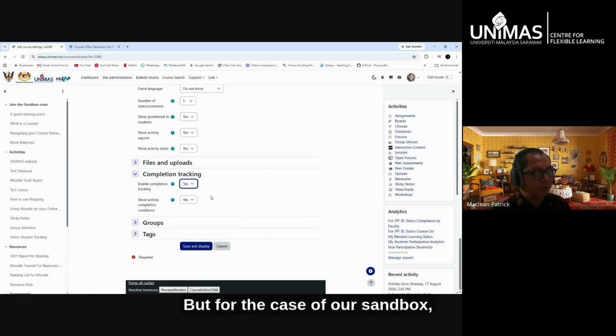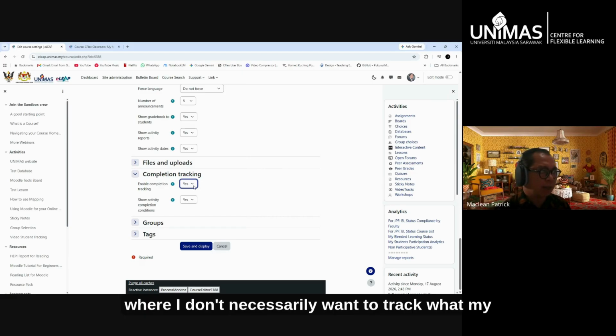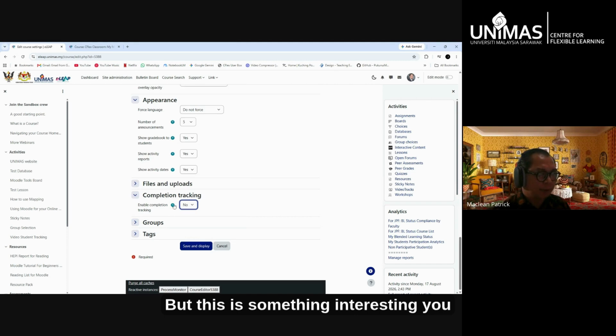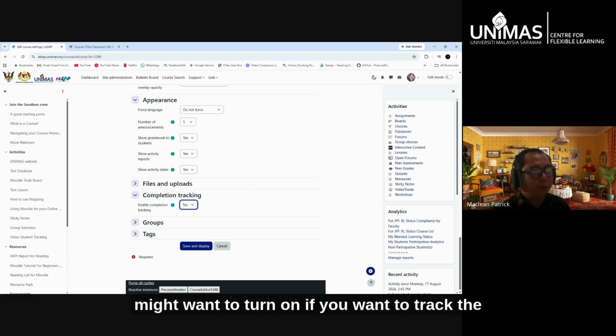But for the case of our sandbox, where I don't necessarily want to track what my participants are doing, I'll just set it to no. But this is something interesting you might want to turn on if you want to track the progress of your